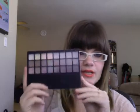Some of the shadows in here are really nicely pigmented and quite nice, and then some of them are really sheer and not so great. So for that reason, it's kind of on the fence for me. I don't feel too brokenhearted about it because I think it was only like $5 at Winners, so I'm not devastated if this ends up getting tossed, but I'm currently not grabbing for it because I have so many neutral